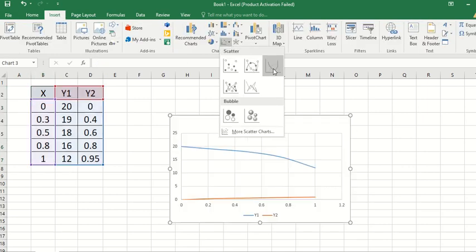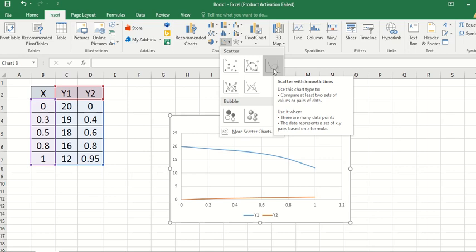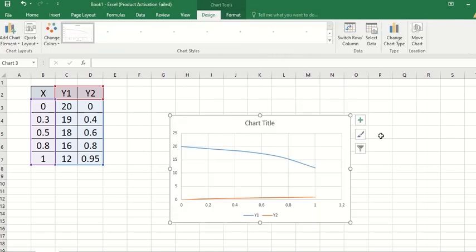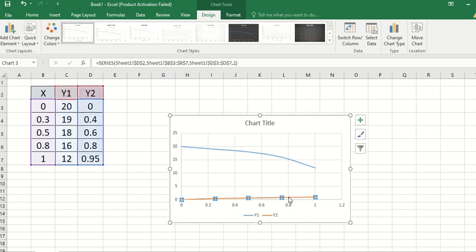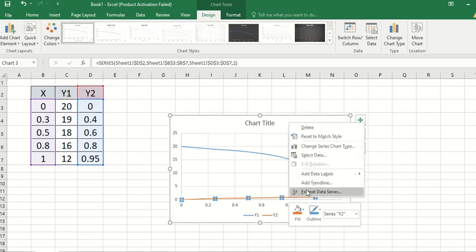this one, and I put a scatter with smooth lines. Here you can see that whatever values I have for y2, these values are in fractions, so I can hardly see this. So what I have to do is click the curve, right click, and